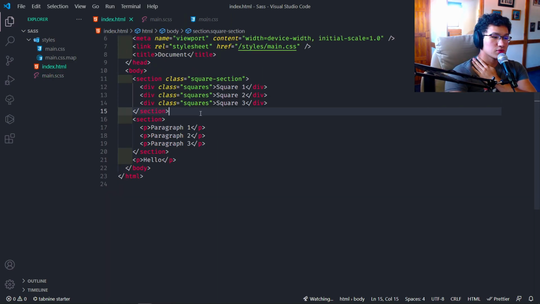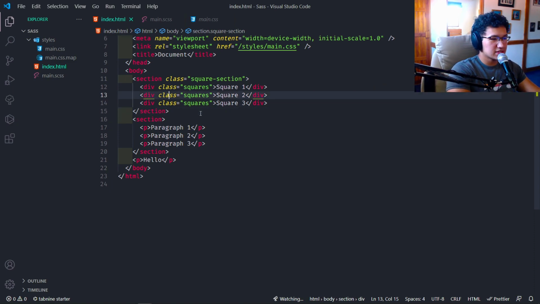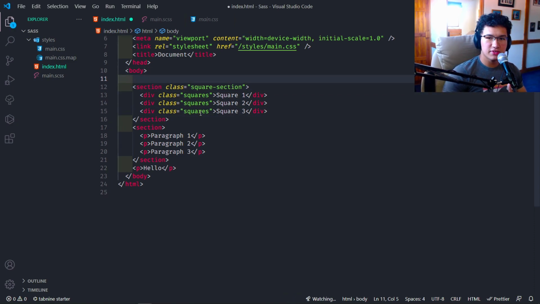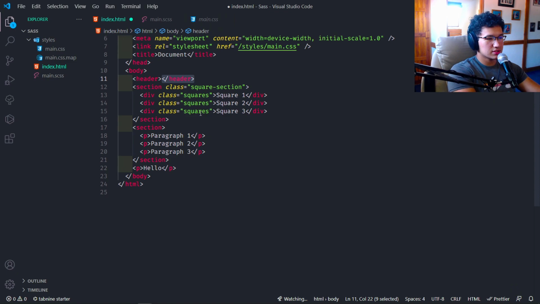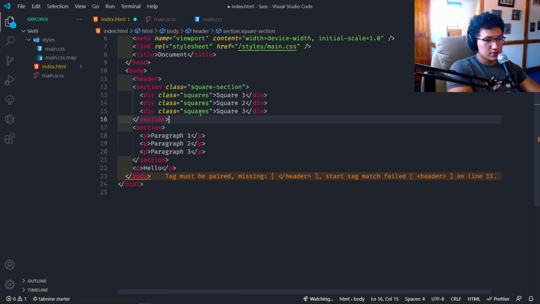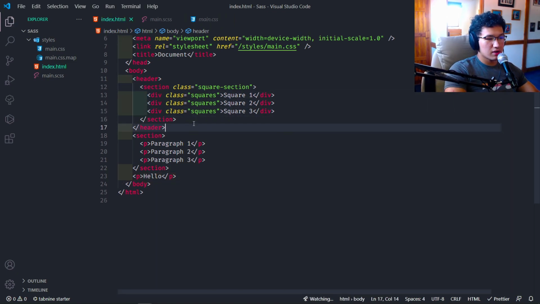So the next one is partials. Partials allow you to basically piece out and piece together SCSS files. For example, let's say that I want a specific styles file for the header. Let's create a header that contains the squares. Let's do it here. We now have this header. You don't need to do this; you can create any